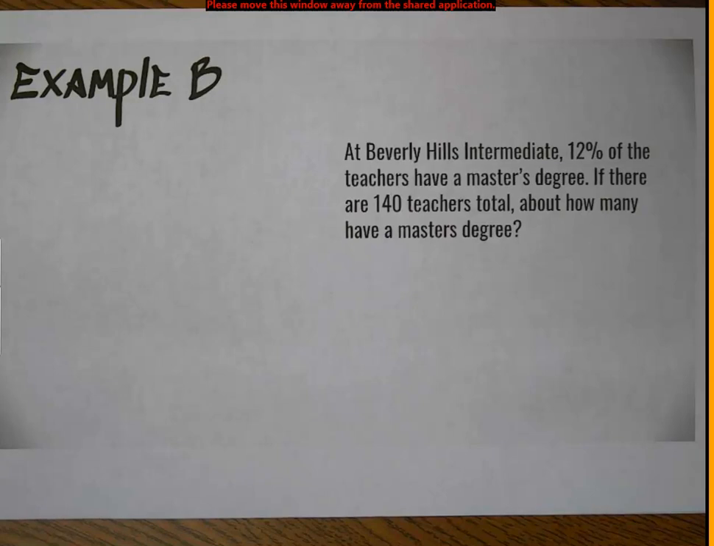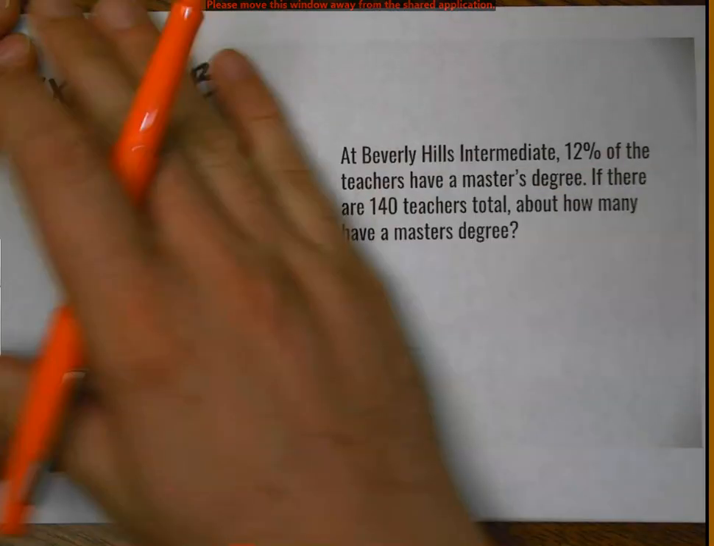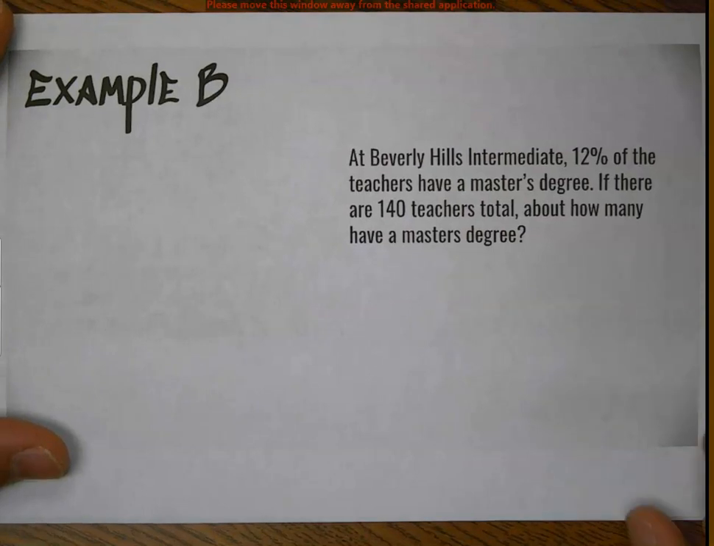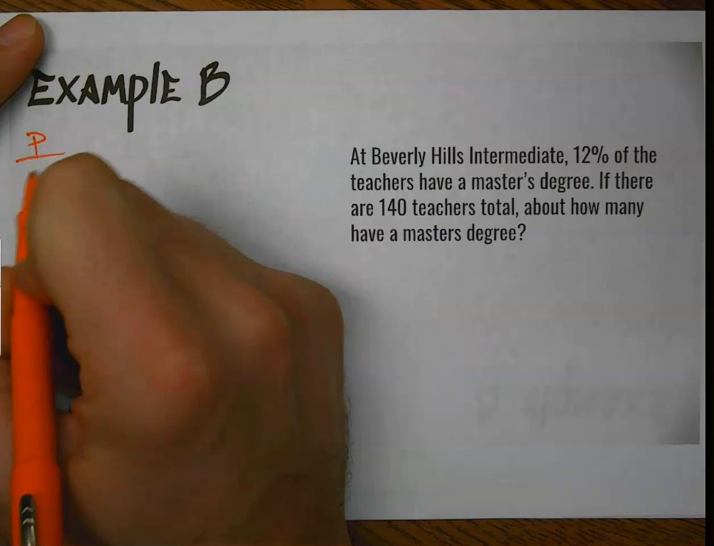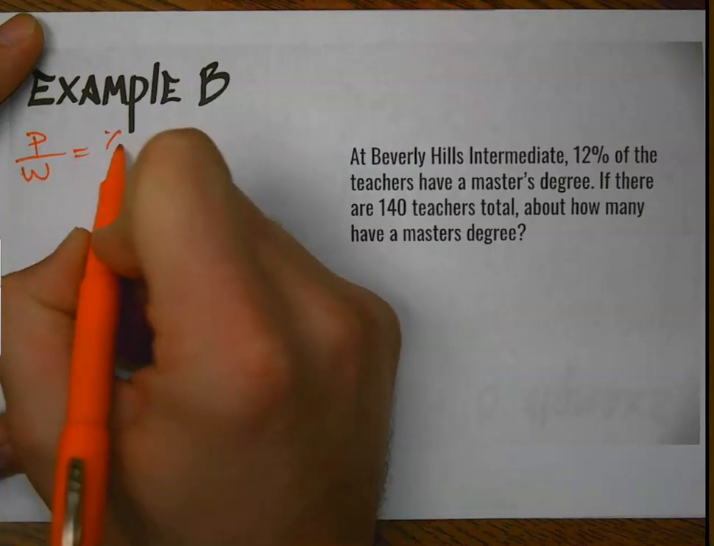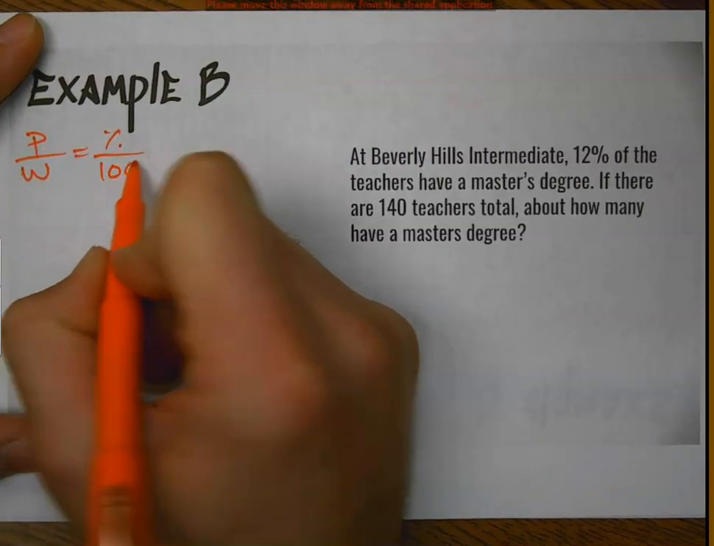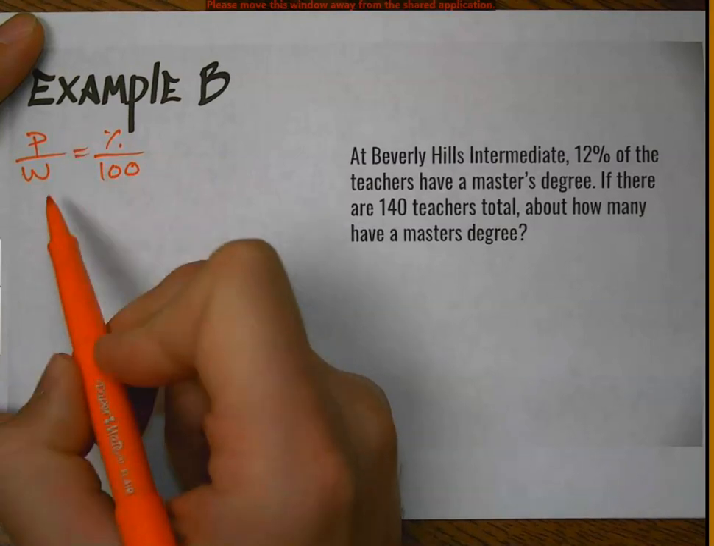Alright, here's example B. At Beverly Hills Intermediate, 12% of the teachers have a master's degree. If there are 140 teachers total, about how many have a master's degree? Okay, so again, we are using part over whole equals percent over 100. I'm going to shorten that to just P over W equals percent over 100, but P means part, W means